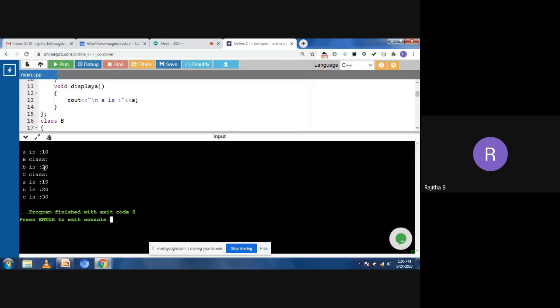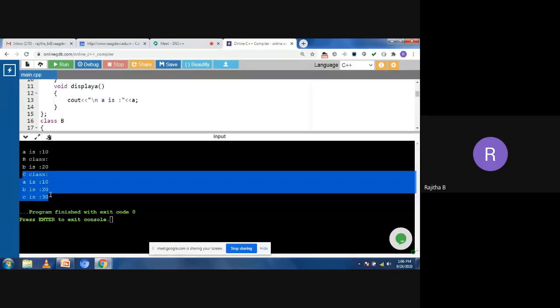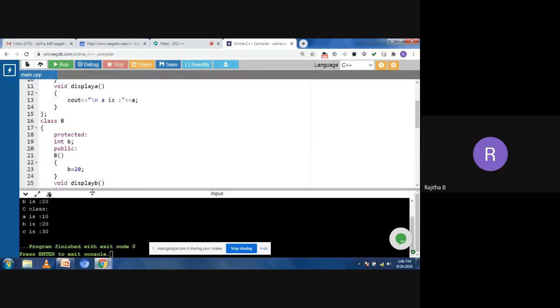So what was the previous output when we took multi-level inheritance? In B class, I can access the A class members also. But when you are taking multiple inheritance, we cannot access the A class member in the B class. Why? Because A is a different class and B is a different class. Both are different classes and these two classes act like base classes for the C class here. Means in C class, we can access the A class, B class as well as C class data members also. So this is about multiple inheritance. Is this clear, everyone?